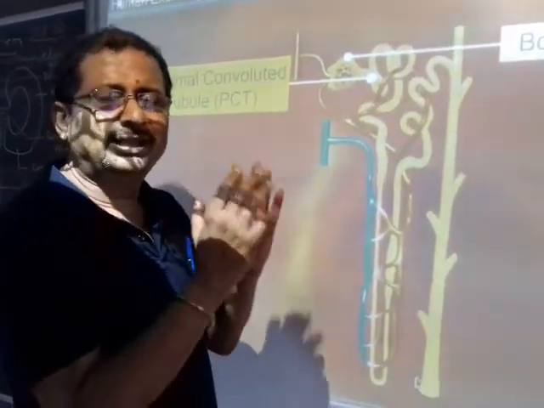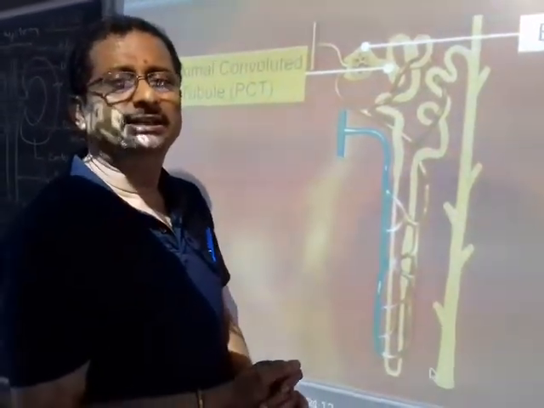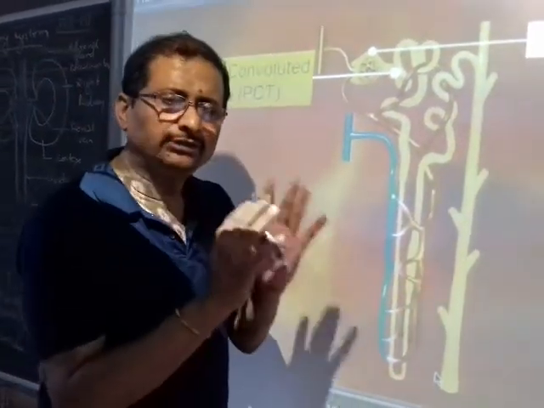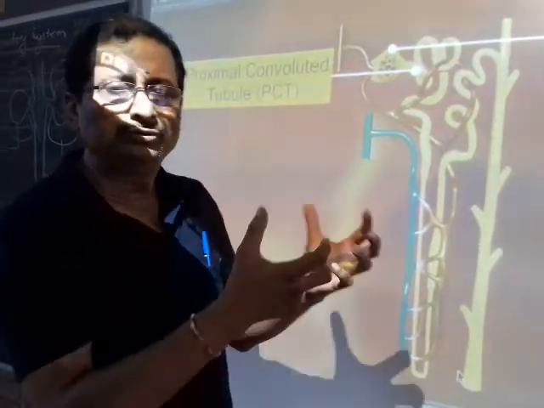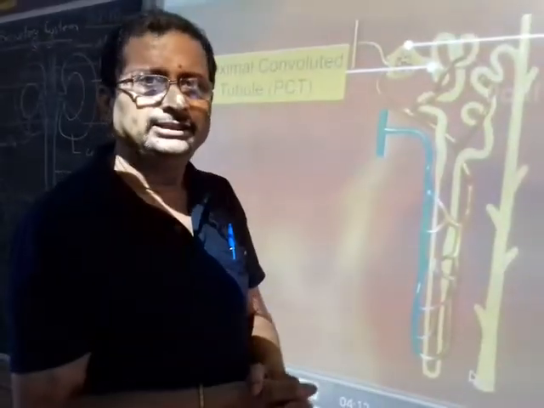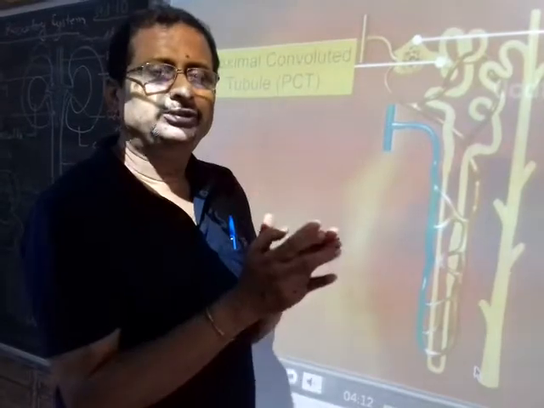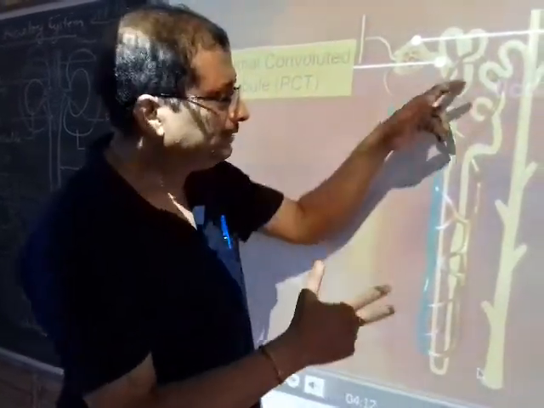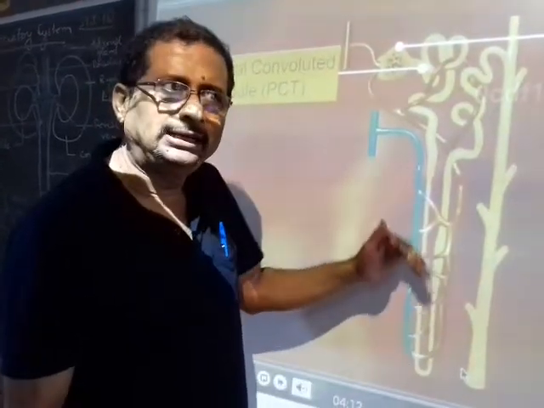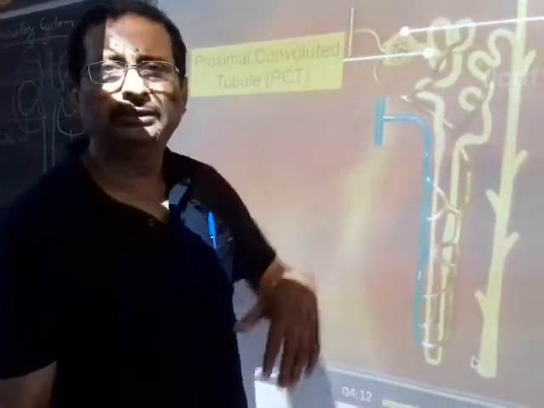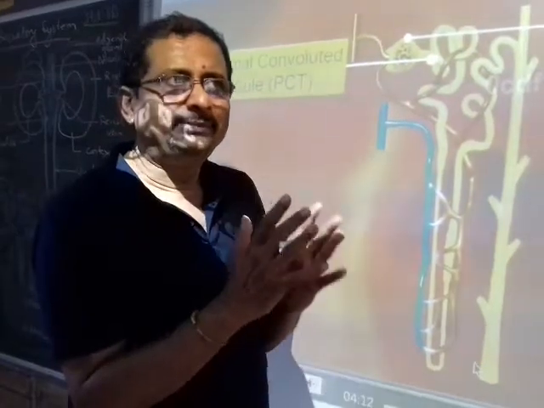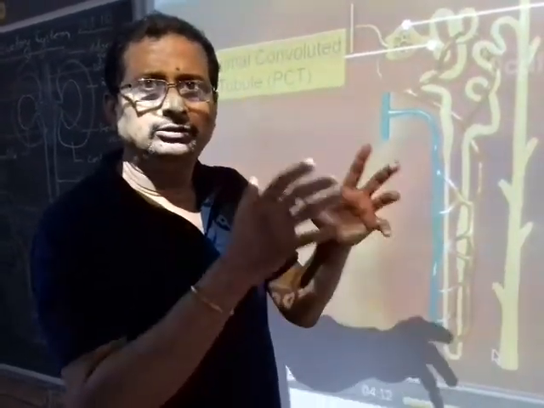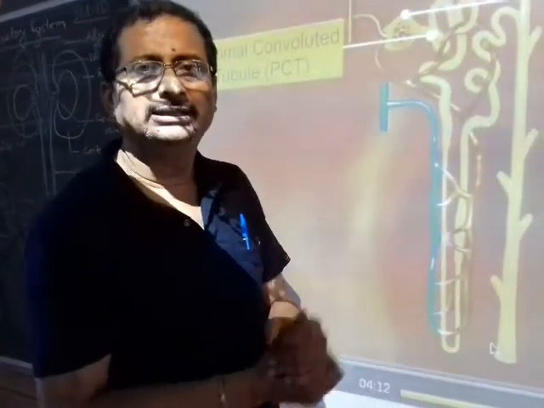Now there is a specialized type of cell in the PCT area which we call the brush bordered cuboidal epithelial cell. Now the function of the brush bordered cuboidal epithelial cell is to reabsorb the materials which are good, which the body cannot afford to lose. It is reabsorbed back into the peritubular capillaries, and then it enters into the blood system so that it can be utilized, because we cannot lose amino acid in the urine. You cannot lose glucose in the urine because these are very vital components.